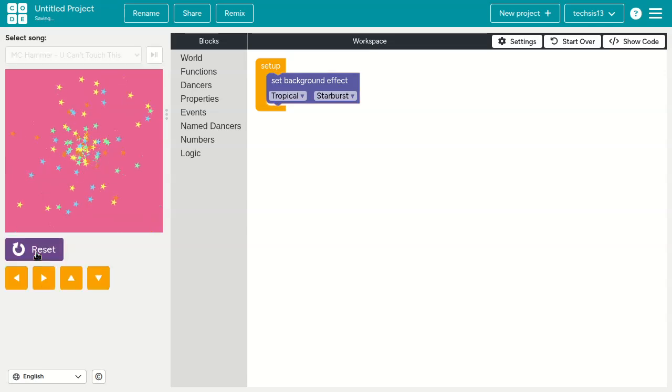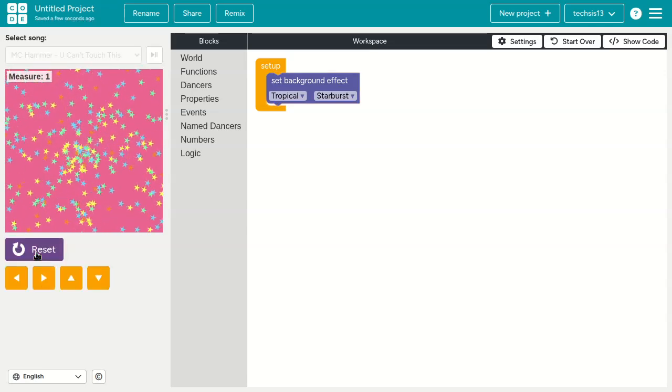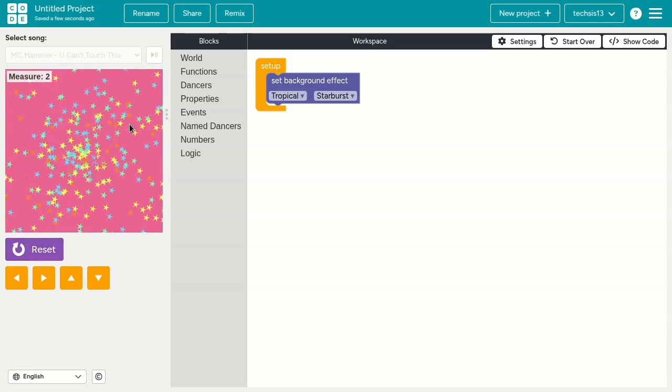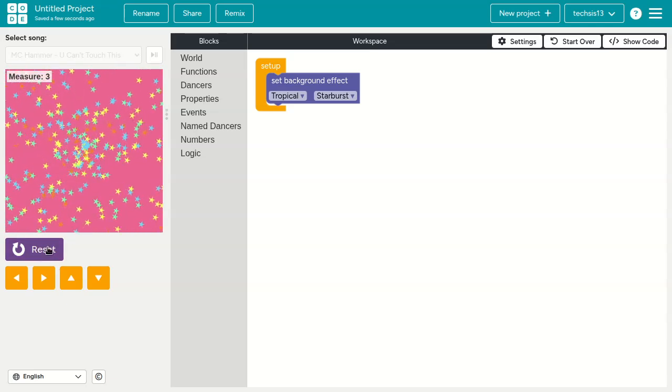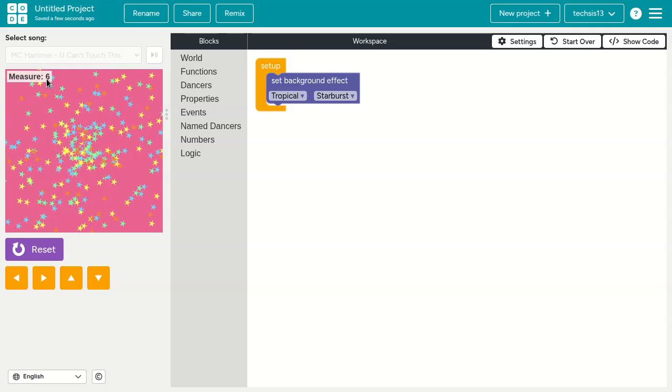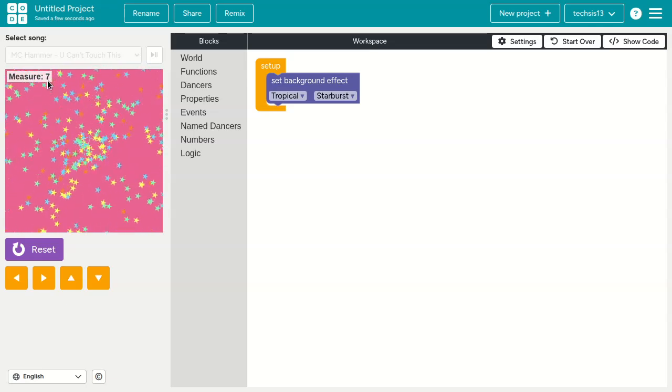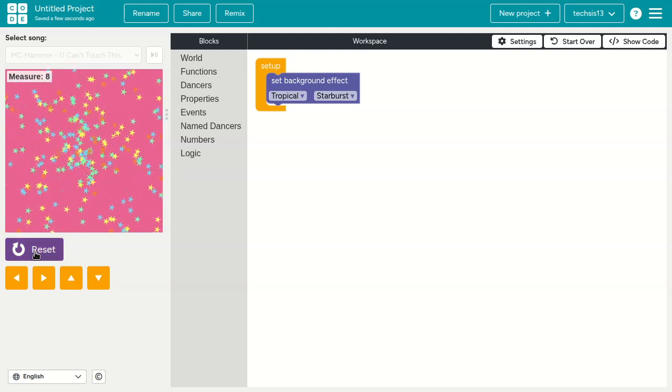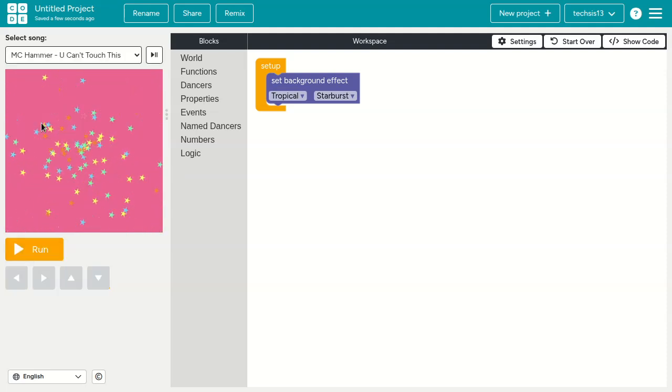And when you run it, you get the cool animation and the song of your choice, right? Notice that it's counting the measures here in the music. It's going to be important because we're coding the dance party. So that's kind of important because we're doing four to the floor here, right? So 4, 8, 12, 16. We're going around in fours, right? And that's going to be important when we get to the dancers. So let's get to the dancers.